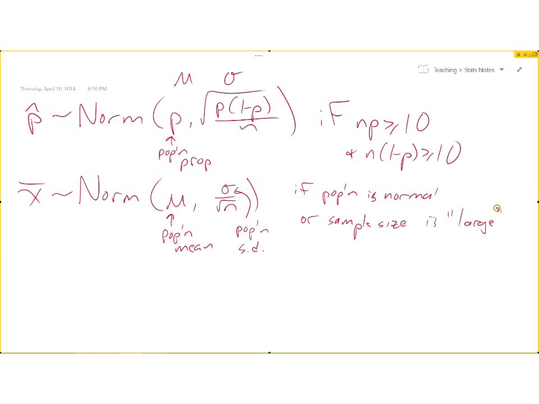So what do we mean by large? Well, it depends on how far the original population is from being normal. If you have a very, very skewed distribution, or a very tail-heavy distribution, you'll need a larger sample size. But in general, a sample size of at least 30 is large enough